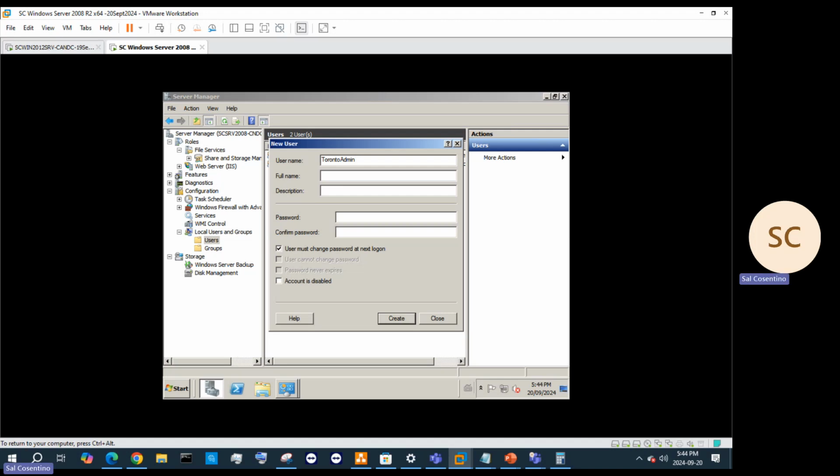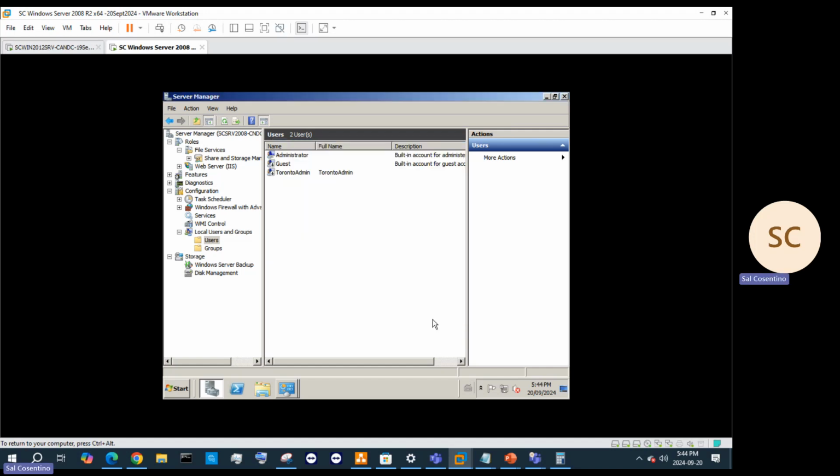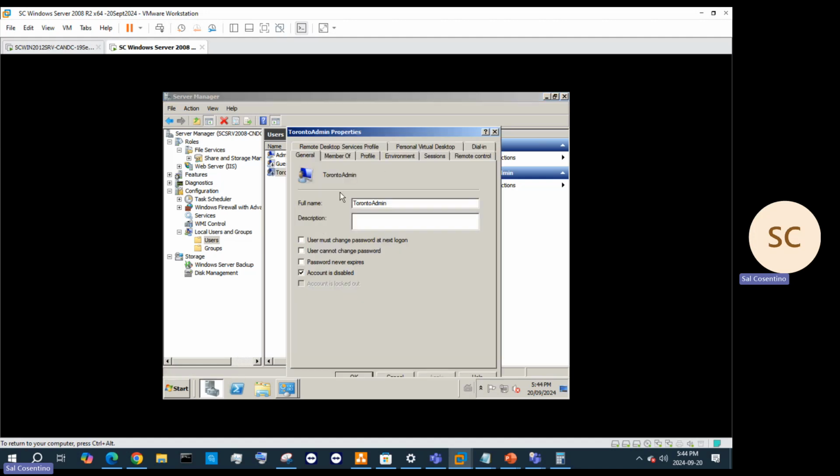Admin, username, same thing, copy, paste, right? No password. Disable that because we're not going to use it. And disable, and then close. So here's our user. He is a disabled user. He's got no